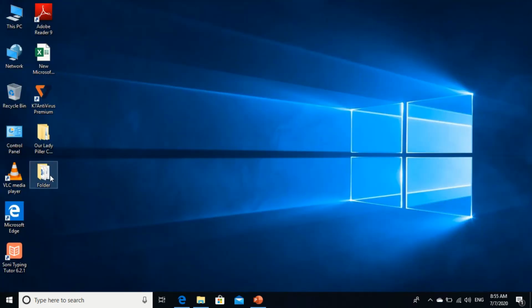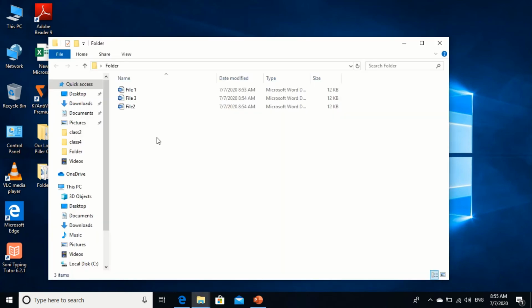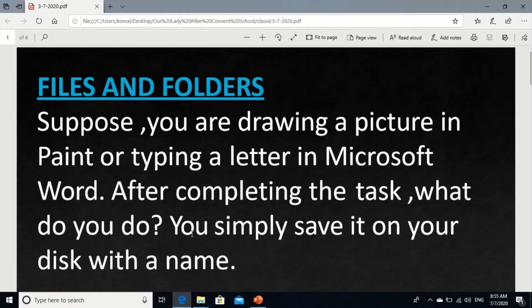Now if I open my folder, I can see there are 3 files, file 1, file 2 and file 3, which I created. Okay, so a folder is a collection of files.